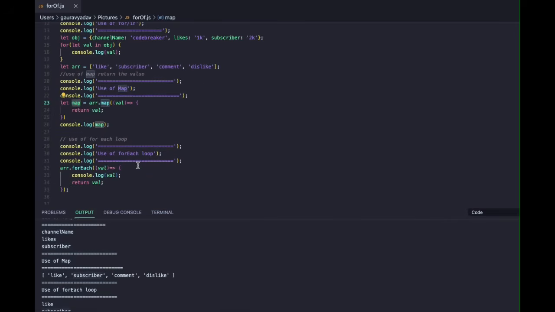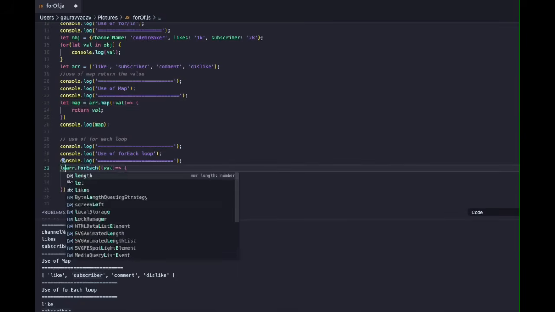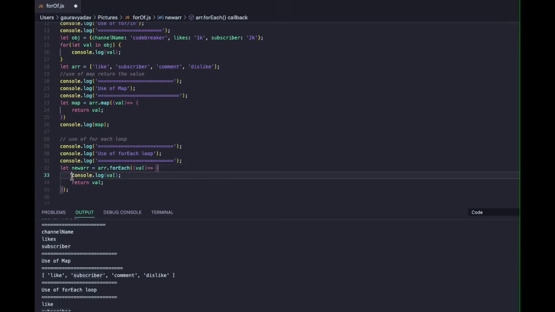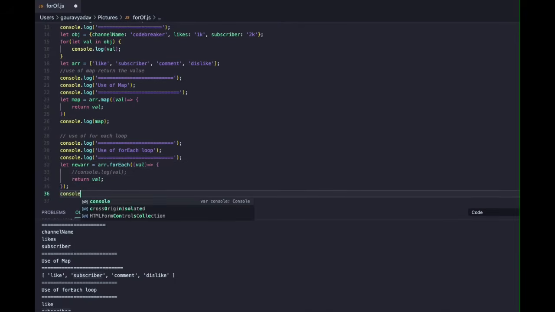Now if we have to use the for each operator, what does it do? It will also do the same thing, but it will not assign to a new array value. Suppose we give this result value as a new array value similar to the map operator, and we try to print this result as a new ARR. Now if we try to see the result for this,